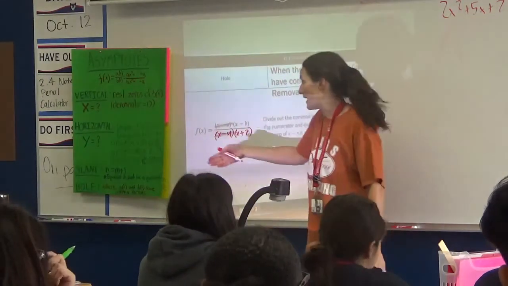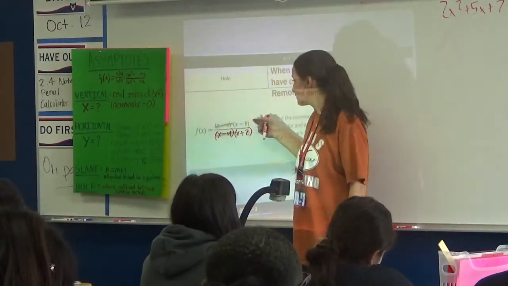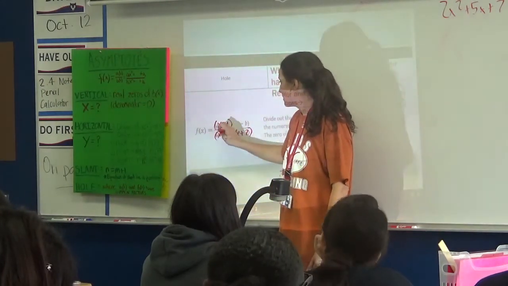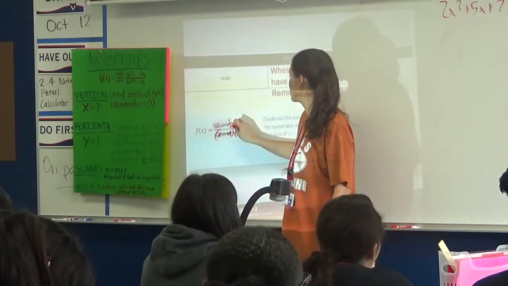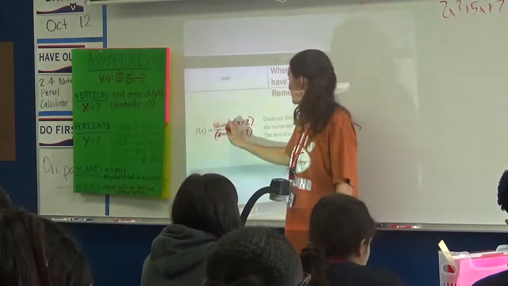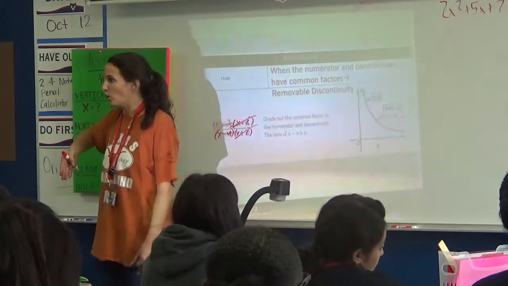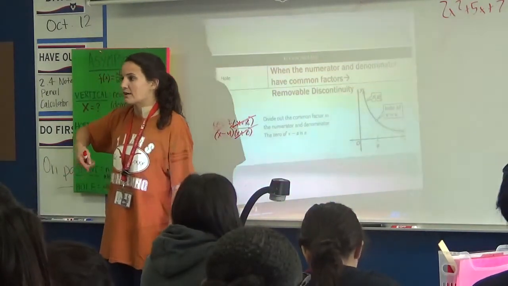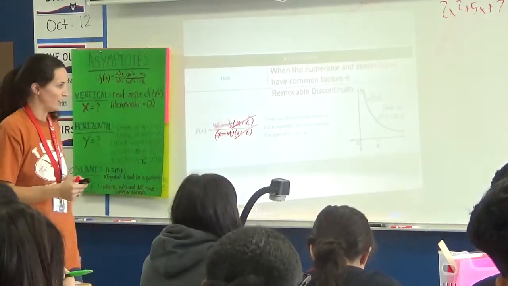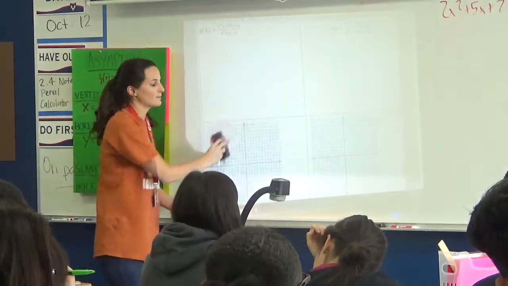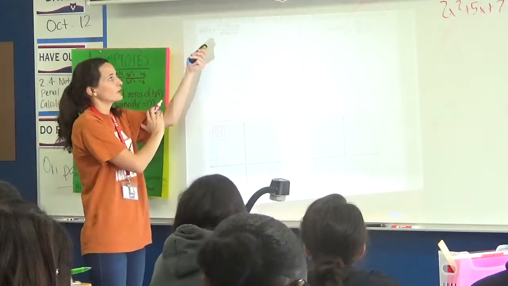What we are going to add on now with holes is that we actually need to factor the bottom and the top, because if there was an x plus 2 on the top, then these would have canceled, and that x equals -2 that we thought was an asymptote is actually a hole in our graph. Whenever our factor matches a factor on the top, that is a hole, not a vertical asymptote. So let's factor this one and check. I'm going to give you this example, and I think once you see an example, you'll feel a little bit better. We have a polynomial here.